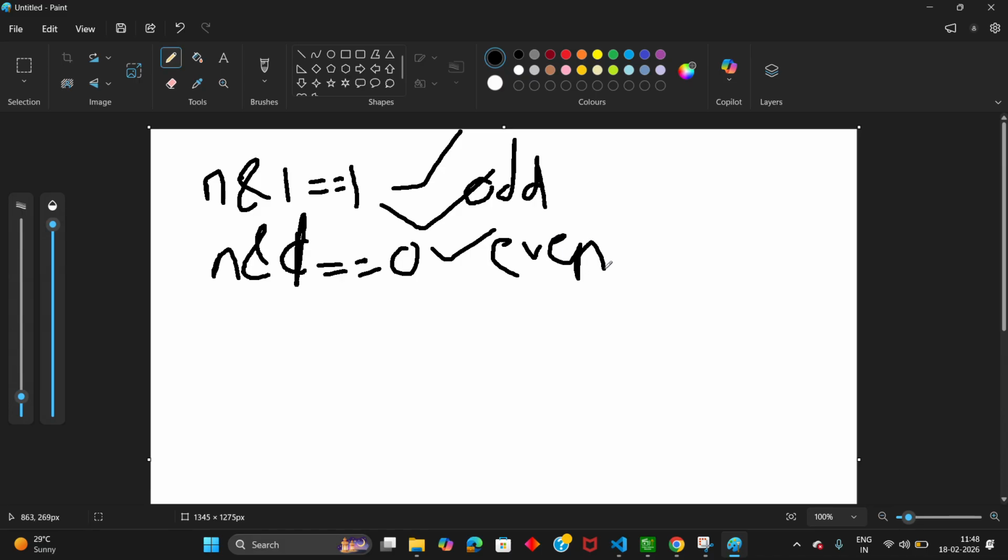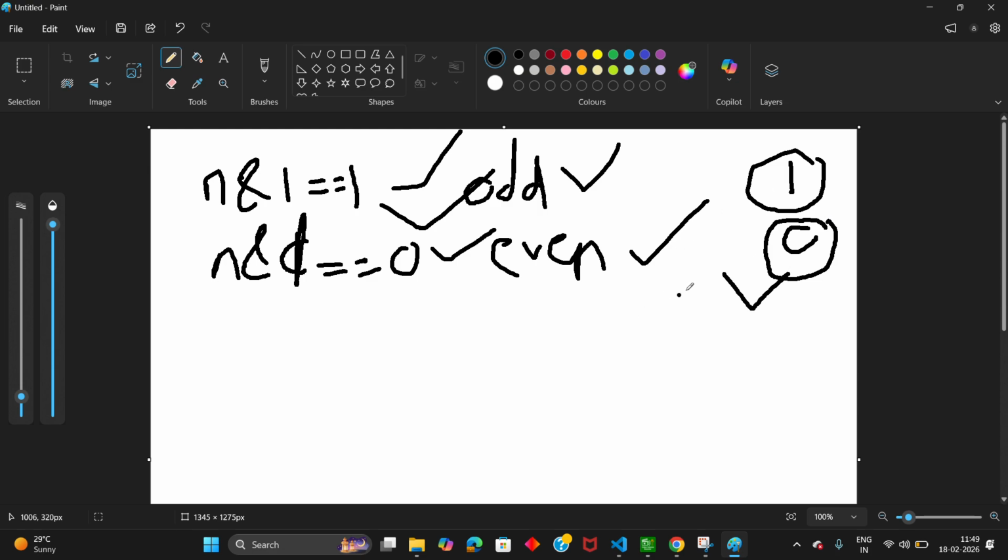From this conclusion, for any odd number the LSB bit will be 1, and for any even number the LSB bit will be 0 when you represent those numbers in binary.